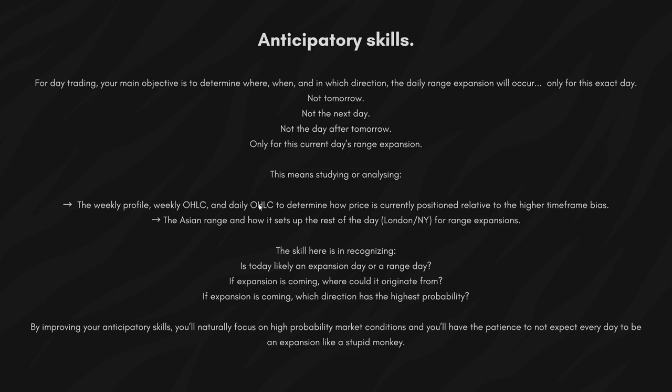Okay, you look at the higher time frame context, you look at higher time frame key levels, you look at the open high low close framework, and then based on that you determine whether we could have an expansion today in the direction of the weekly bias, or we are going to first of all establish the low of the week or the high of the week depending upon the context, and only then are we going to have that true expansion that we're expecting. Okay,